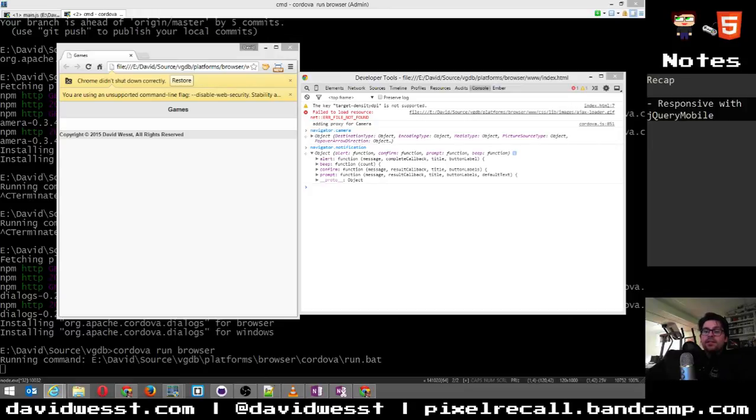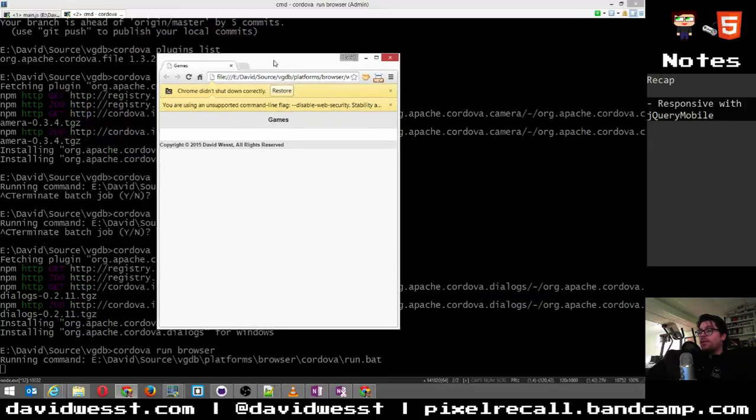What do we got? Camera, the device motion, the accelerometer, device orientation, so the compass, and the network information module. Network information is a really interesting one too. I tinkered with that one. The coolest one is the camera, so I'm going to start with that one, and all the other ones work the same. If we have enough time, which I hope we do because I keep on blathering on, we'll go into that. So let's go into making some code.